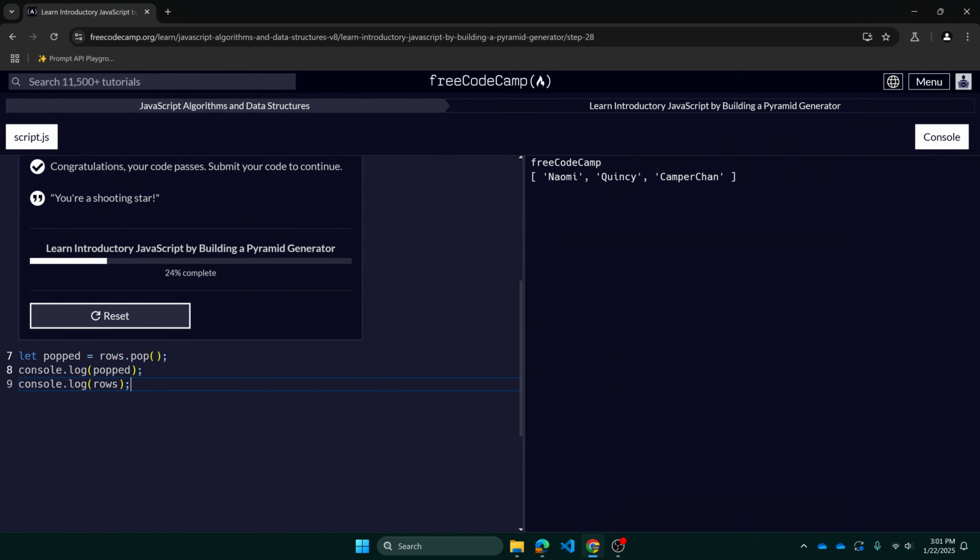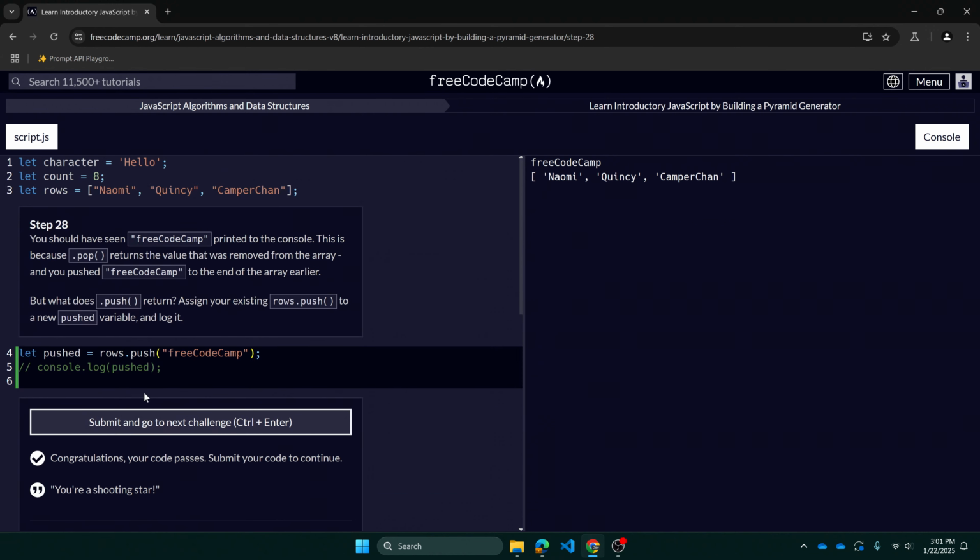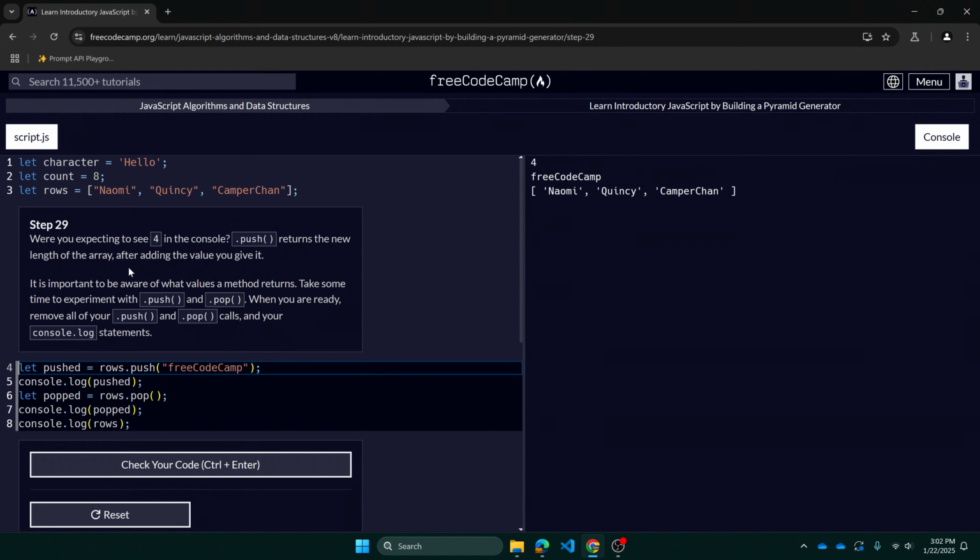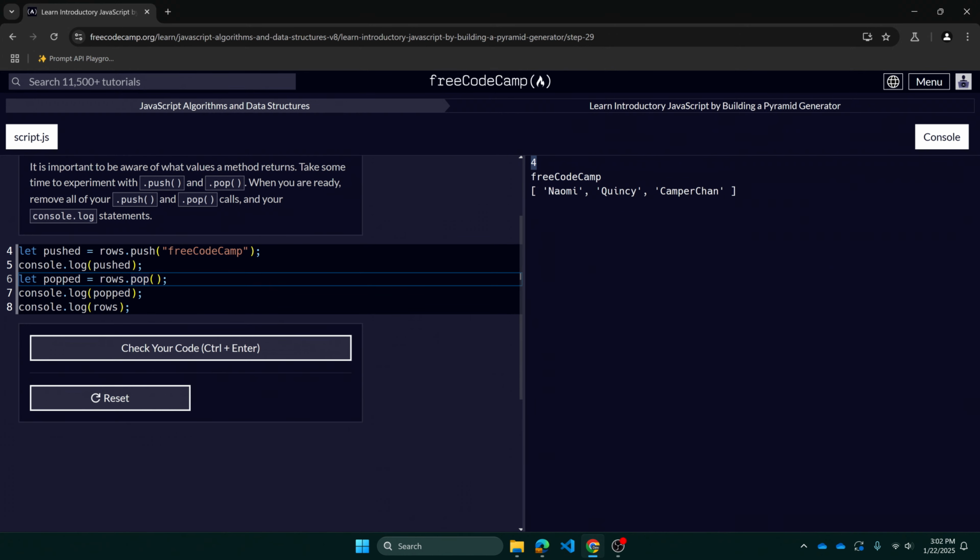Oh, it's down here, I guess. That's weird. Yeah, so it's just the pushed is gonna be that FreeCodeCamp. You're expecting to see 4 in the console. Push returns the new length of the array. Whoa, maybe I made a mistake there. So 4 was what it returned. FreeCodeCamp was getting